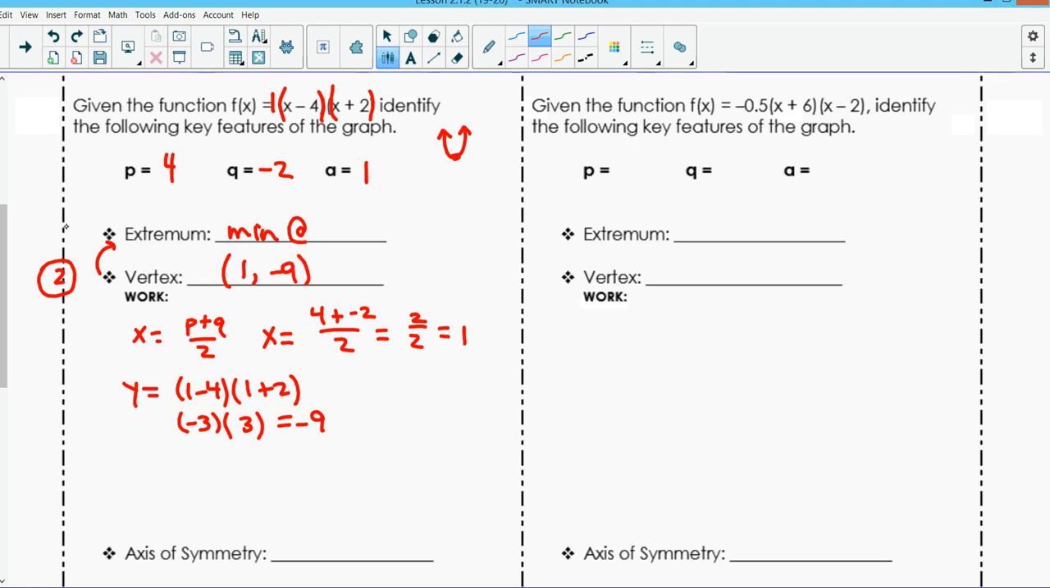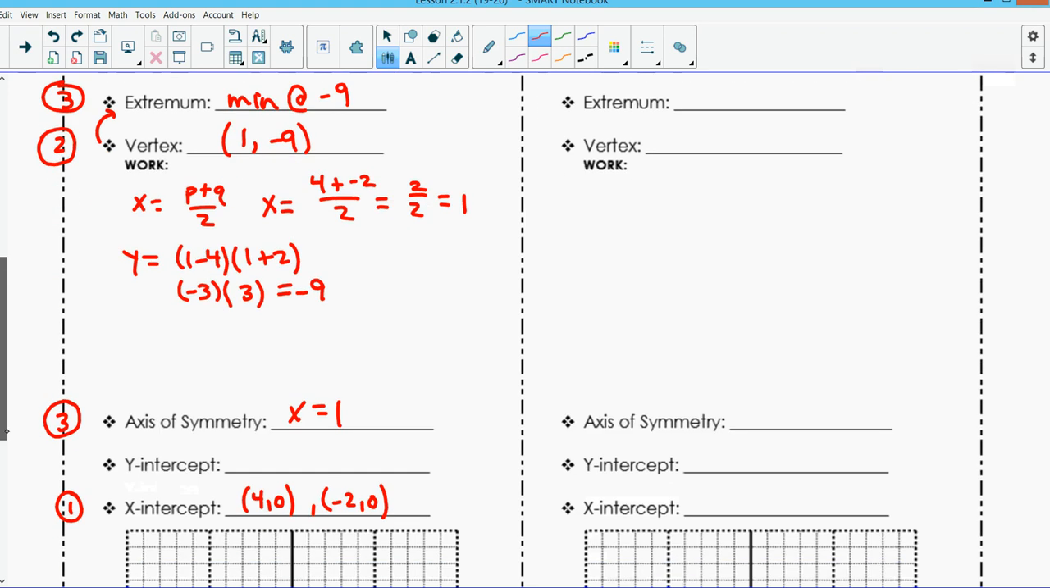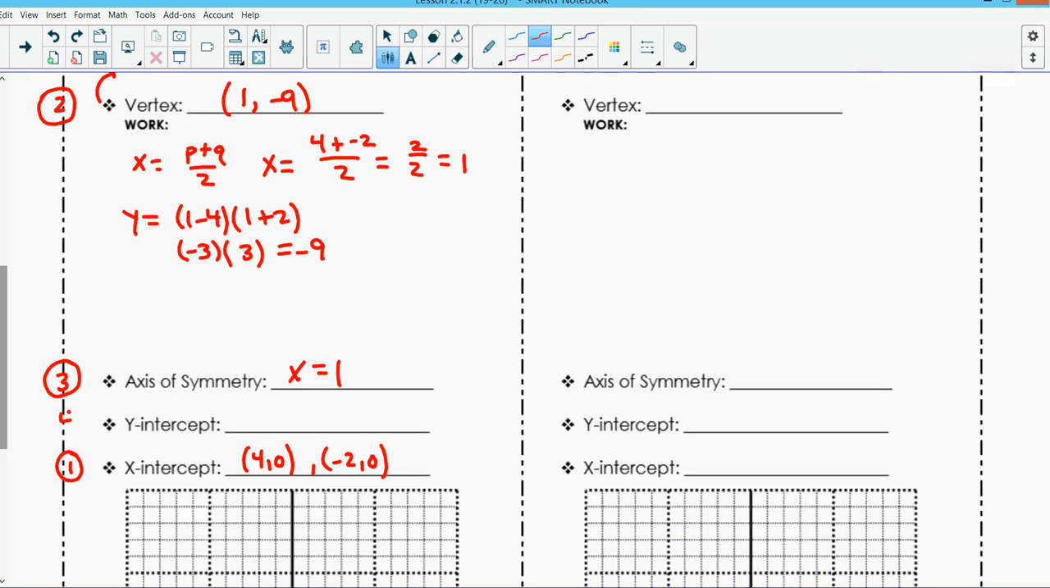From my vertex, now I know my extremum, so that's the third step. So that would be a minimum at -9. I'm going to make this also step 3 since it doesn't matter which one comes first. My axis of symmetry would be x equals 1. Once I have those, the very last thing that I can do is find my y-intercept by substituting in